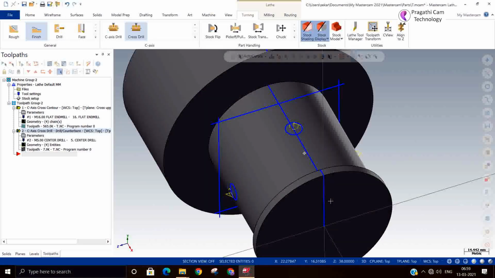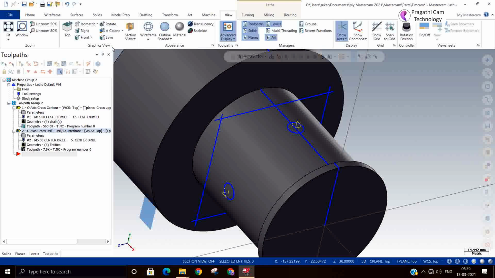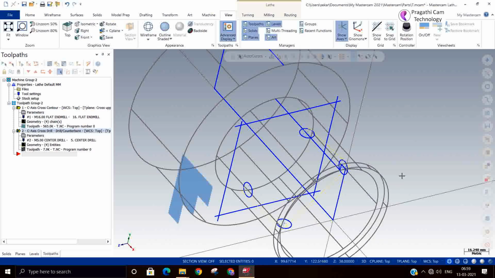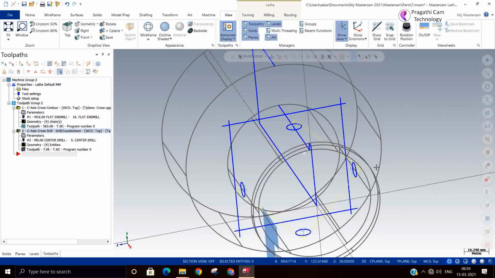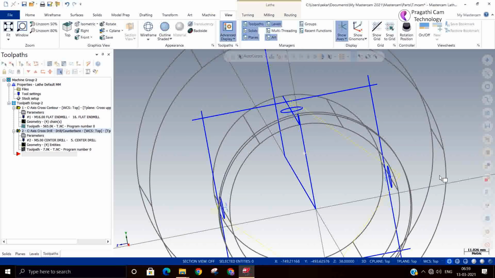Maybe it is hitting somewhere. Maybe the retraction height is less. That yellow color line, I mean to say. So it means that your retraction height has to be modified.